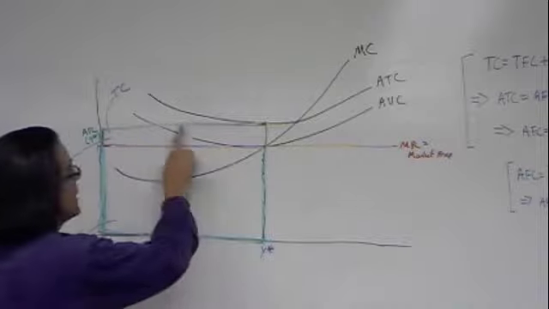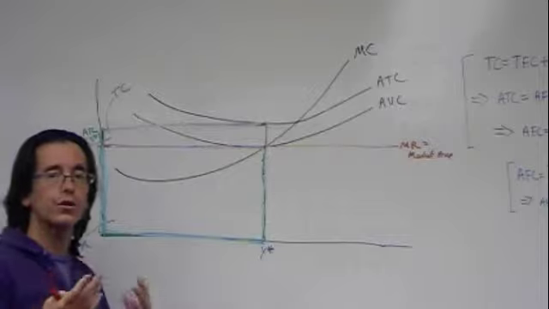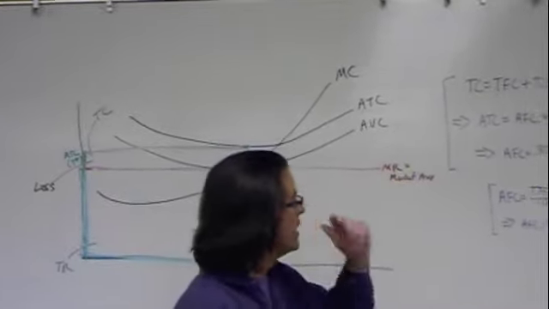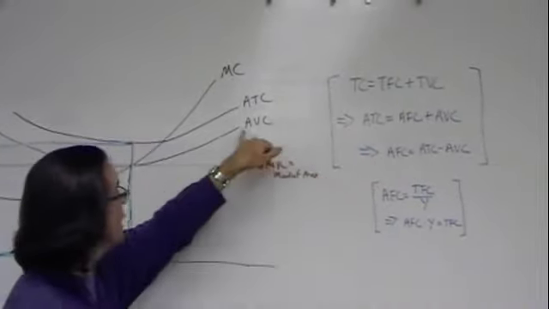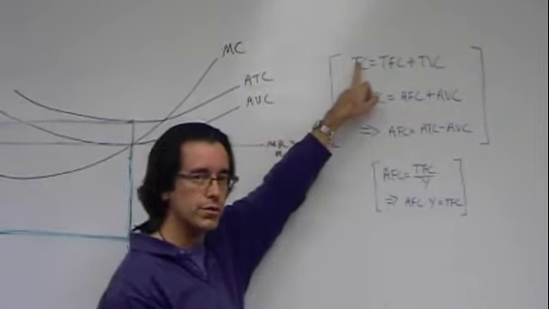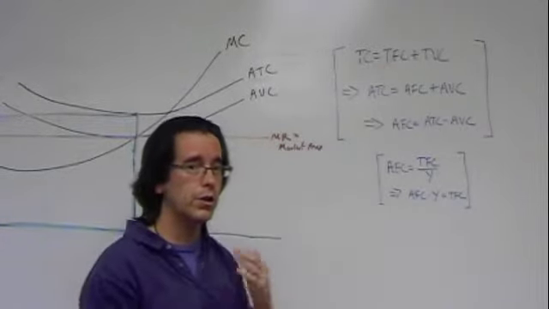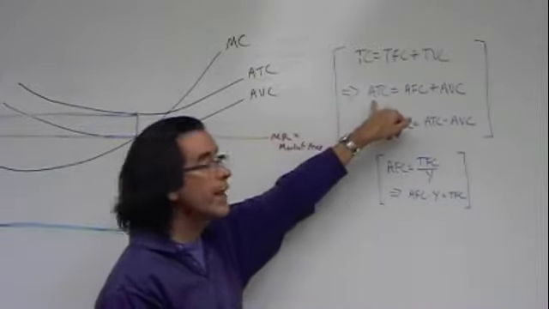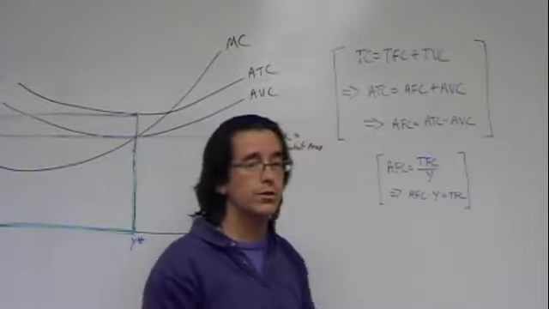So the question is this, how does this area, this loss, correspond to the total fixed cost? Well, to do that, first of all, we want to look at where the average fixed cost comes from. Because remember, we have average total cost, average variable cost. We started out with our total cost relationship. Total cost is equal to the sum of total fixed cost plus total variable cost. We showed before, by dividing through both sides by the output, that our average total cost is equal to the average fixed cost plus the average variable cost.